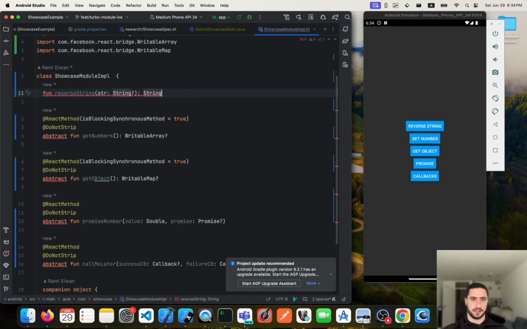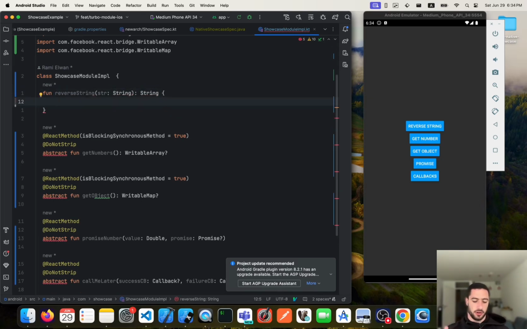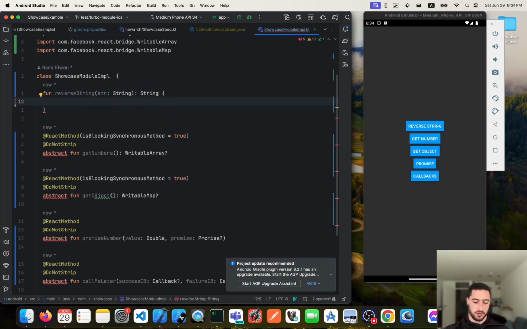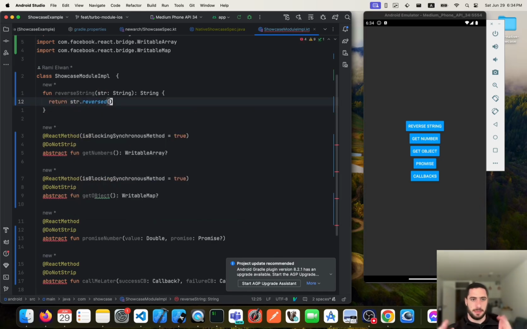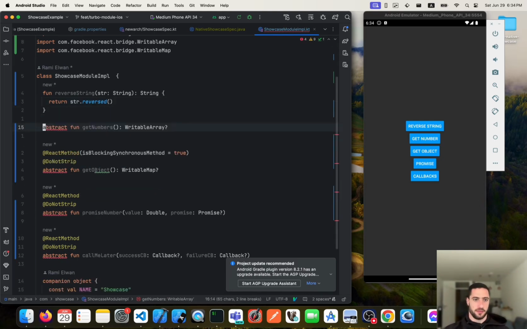So let's just delete this stuff, and I don't want it to be optional. So in order to reverse a string, let me check out my notes here, because I don't know every programming language. Yeah, in order to reverse a string, you just do return str.reversed. Simple as that. Way easier than Objective-C. And for getNumbers,